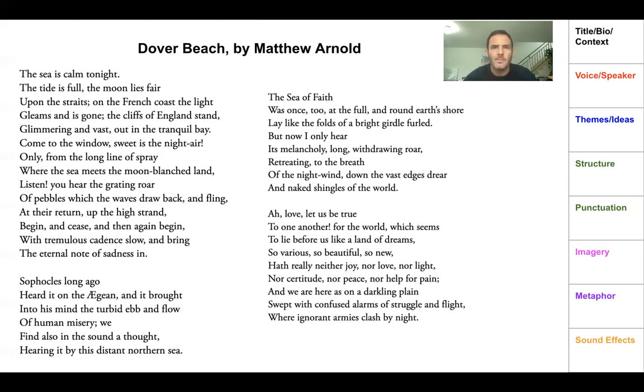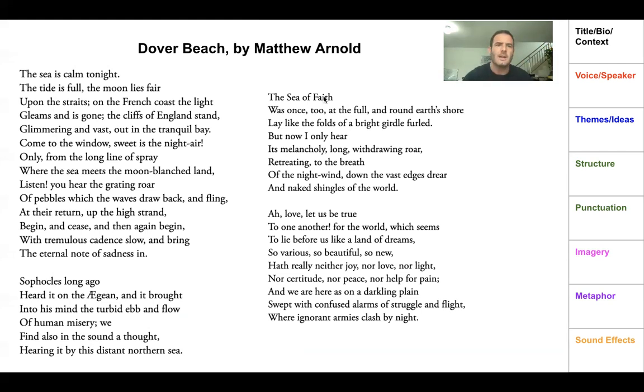Matthew Arnold, I believe that he's writing in the Victorian era now. So this is like the mid 1800s. And the key thing here is the Sea of Faith. Now, when I was putting this together, I wanted to put it on the screen so I could just read it to you and you can make your own notes as we go along. But of course, this is a longer poem, right? So I had to split it in two. Looking at where I make that split is a useful thing. It's useful for you to really see that there are key pivots and turning devices in the tone and the language and the ideas.